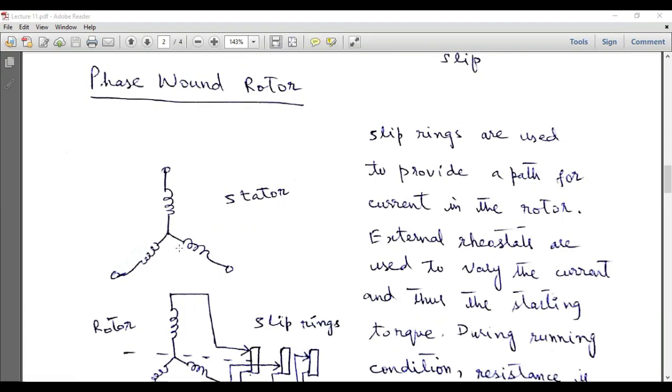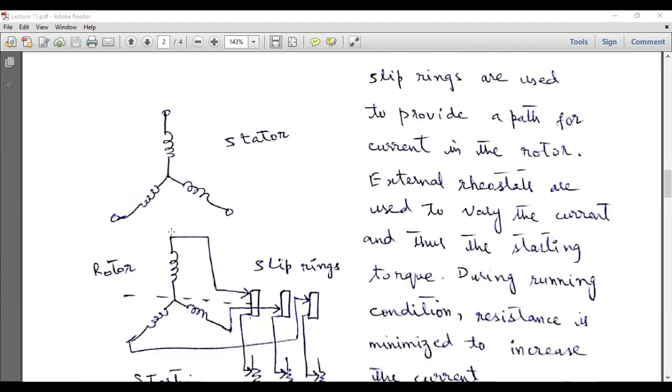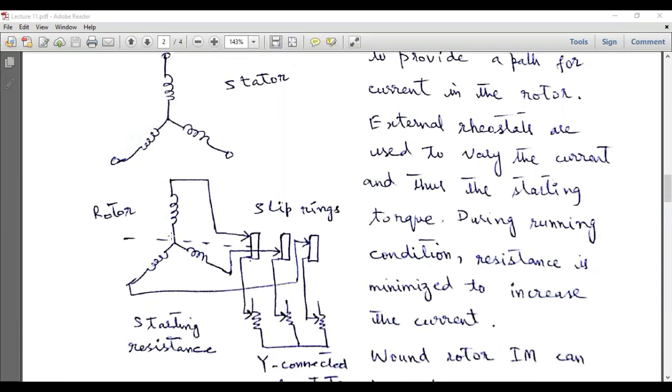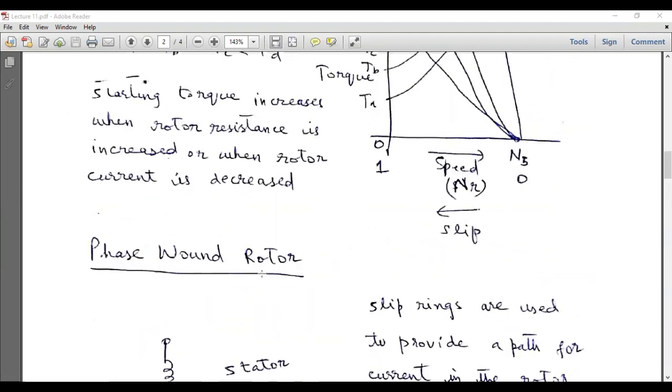So this is the three-phase stator windings which are connected in star or Y configuration, and this is the rotor which is also connected in star connection. In this wound rotor type induction motor, we have three-phase windings of the rotor, and the terminals of all these three phases are connected to independent slip rings, and these slip rings are then connected to the variable resistors, and these variable resistors are also connected in a star configuration. The purpose of providing these variable resistors is to vary the rotor resistance